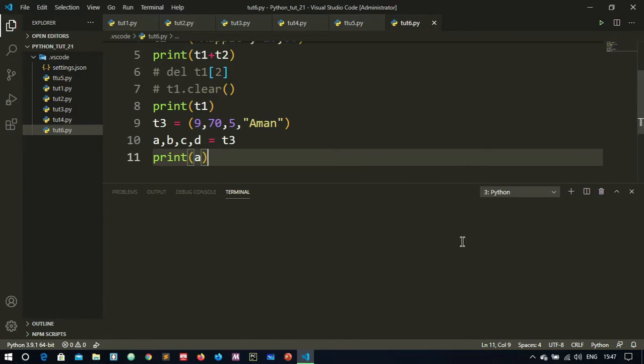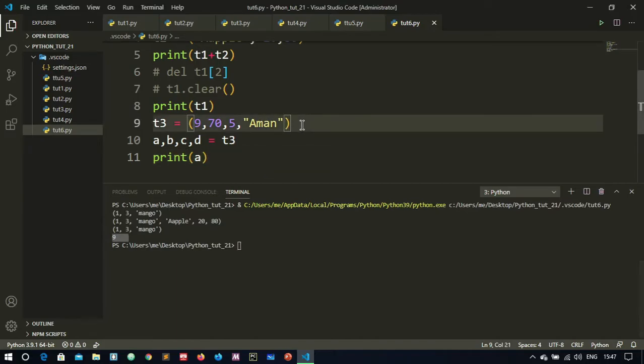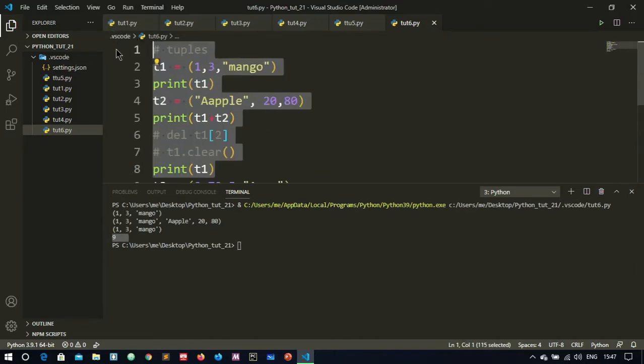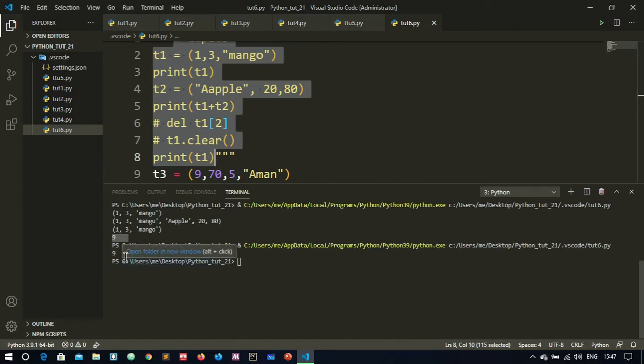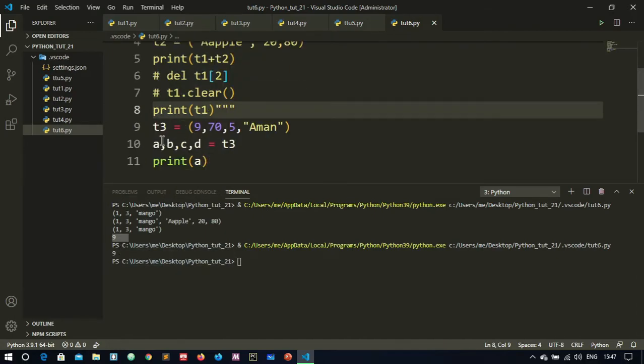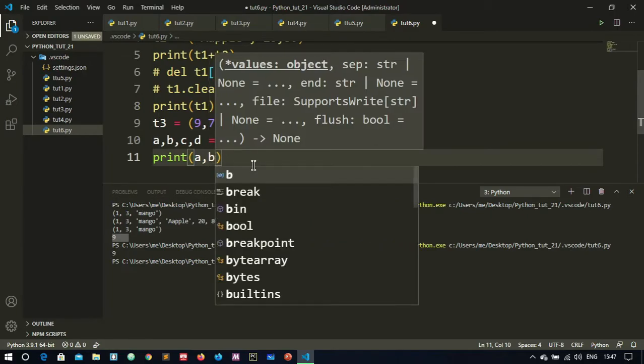You can see it is giving me the answer 9. Let me first comment out the above things and run this program. You can see this is giving us the answer 9. So at a we have 9. How it works is that we are storing each of these items into a new variable. So a is equal to 9. If I again comment this and print b,